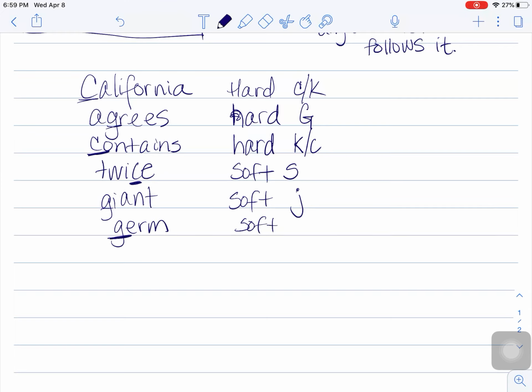Germ. Soft. Okay. So there's going to be an activity on Seesaw for you to practice deciding what's hard and what's soft and kind of categorizing the different types of words. So moving forward after this, just go right on to Seesaw and see what your activity is to follow it. The directions will